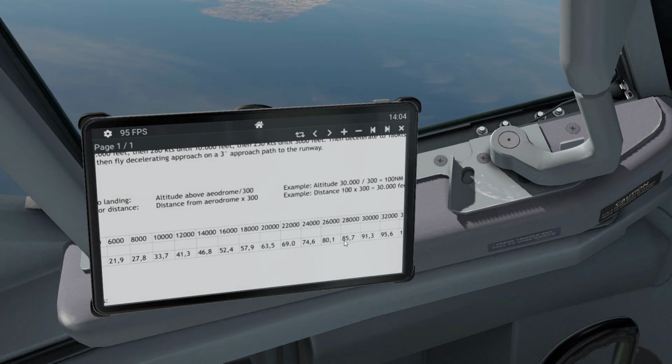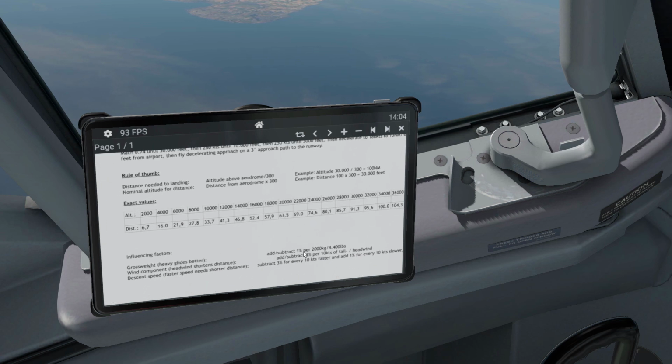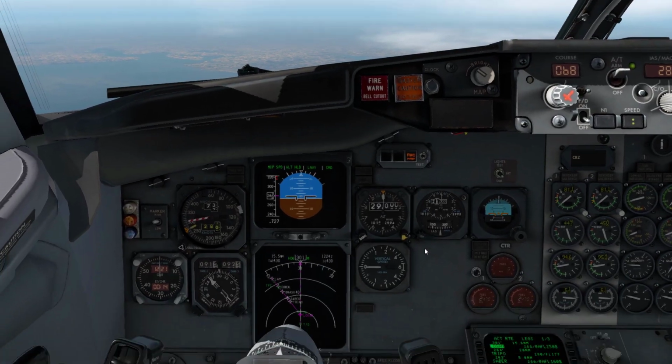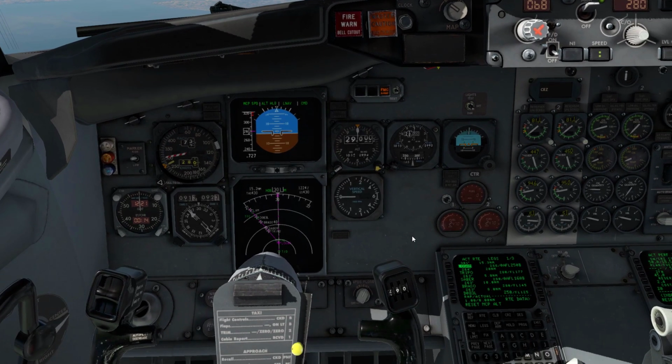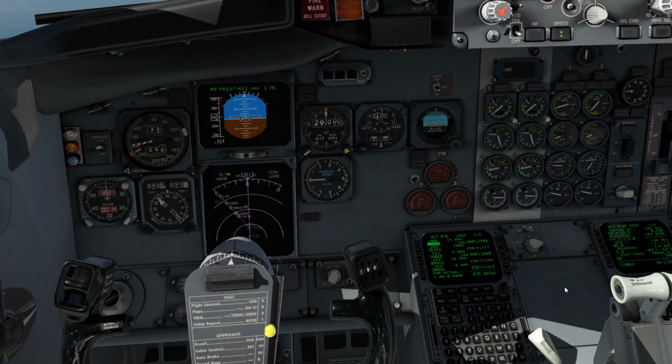So that's 11 miles approximately, and since we are a little heavier, we want to add 2% to that. So 11 miles plus 2% is still pretty much 11 miles. So let's start the descent 12 miles ahead, or even a little earlier,